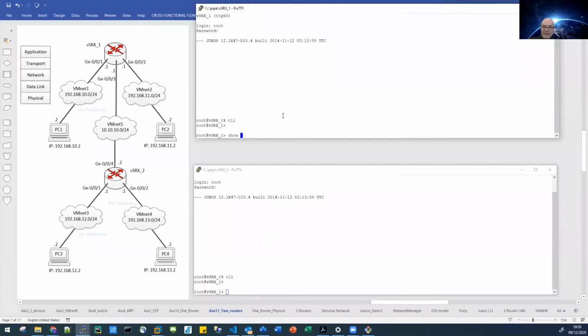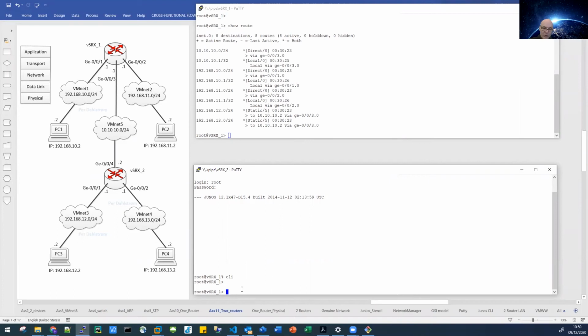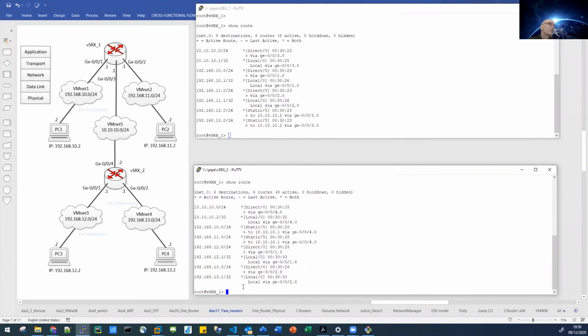We can start by listing the routing tables. I'm in command mode, so I can straight away type route, and there we have the routing tables. So go over the routes that you have in your routing table here. If we start with